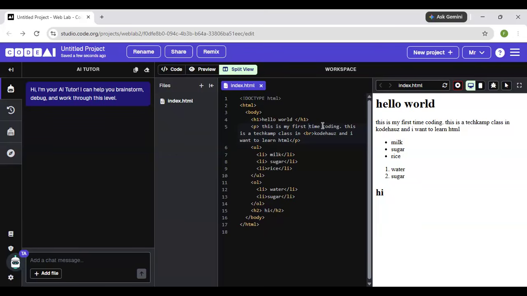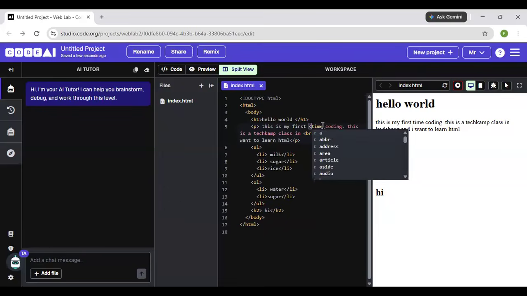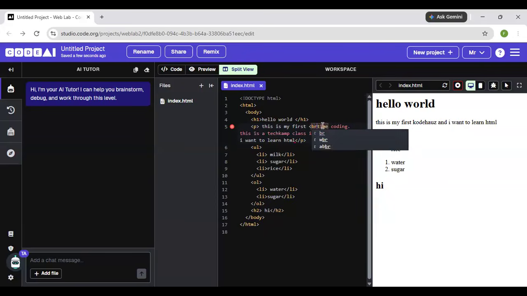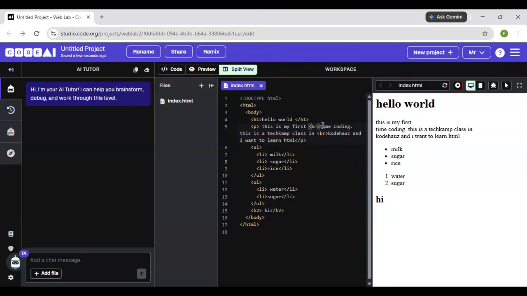Now, the essence of a break tag is to stop whatever that line is and carry what is after it onto the next line. So you don't really need an opening and closing tag. Has your question been answered? Yes.